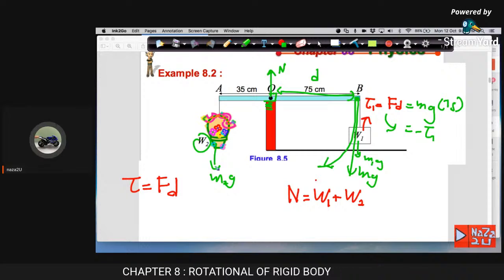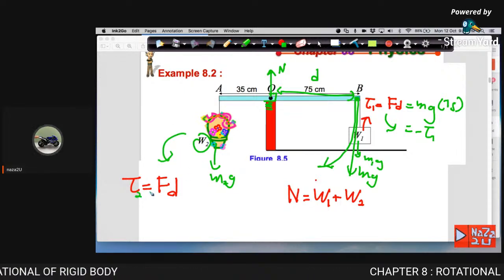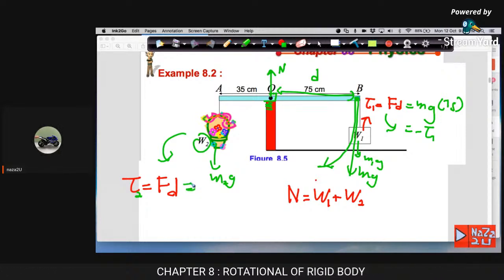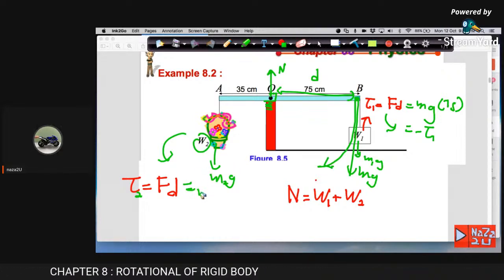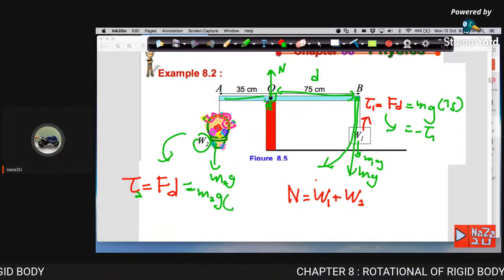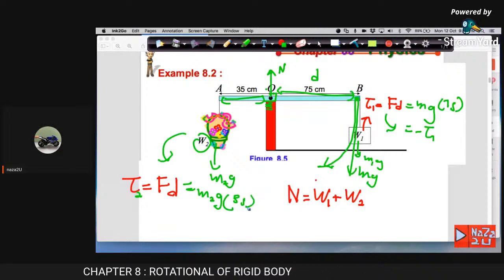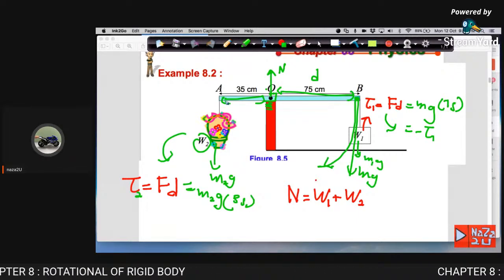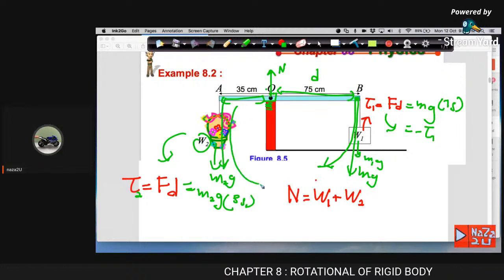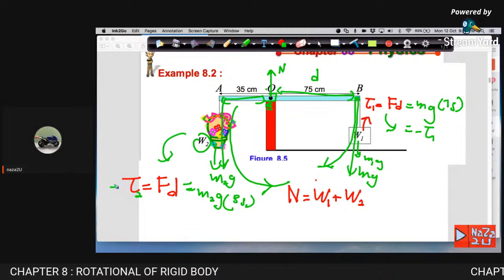Okay, and the second torque comes from, let's say I write here, this is the second torque, this is the weight force W2, right? So m2g, and the d here is 35 to the pivot point. This is 35, right? And here, because weight force is downward, that can make the object rotate anti-clockwise. So this is positive,